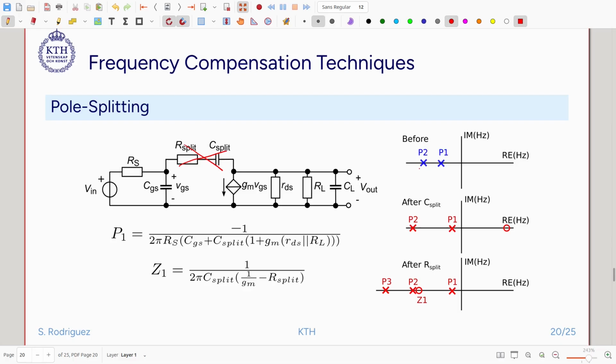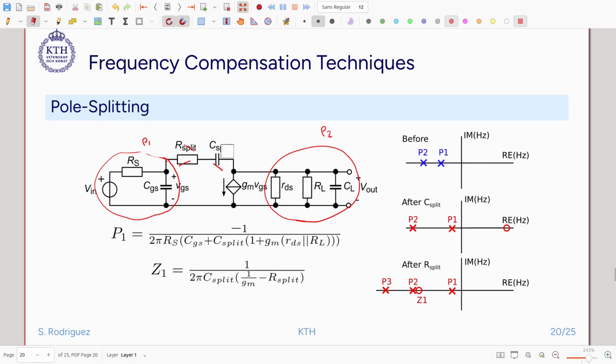Which one comes first will depend on the resistors and capacitances, so we cannot predict exactly where they are. But let's assume that the first pole, the one that we have called P1, is coming from here, and P2 is coming from here. Okay, so we have P1 and P2,